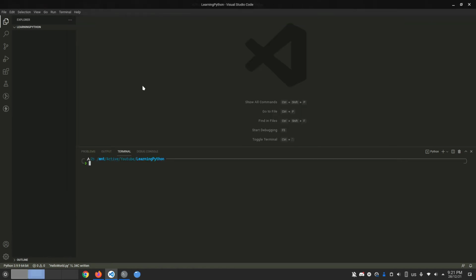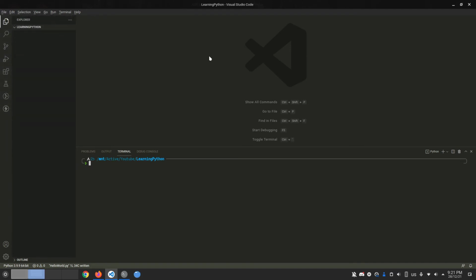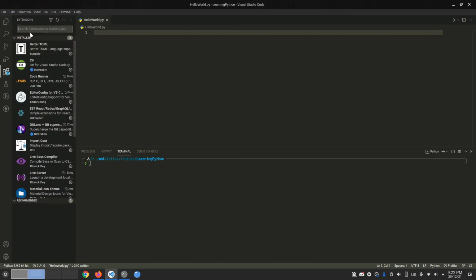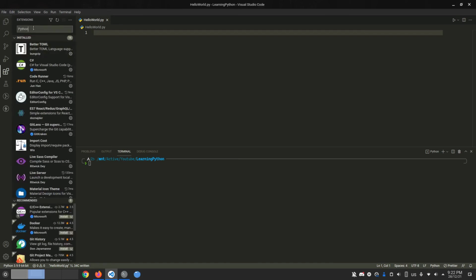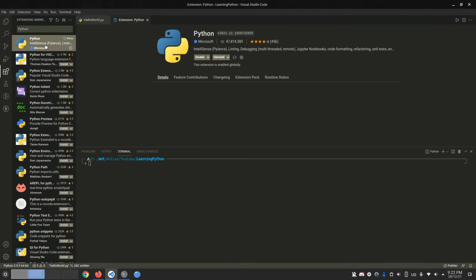Then you need to create a folder, and I have created a folder by the name of Learning Python, and you need to open that folder in Visual Studio Code using this. And once you are there, you need to create a new file called helloworld.py. So create a new file called helloworld.py and make sure that you go to the extensions tab and you have the Python extension installed on your system, or essentially Visual Studio Code. So install this